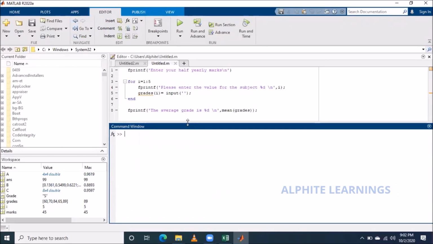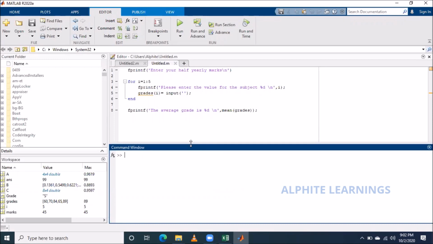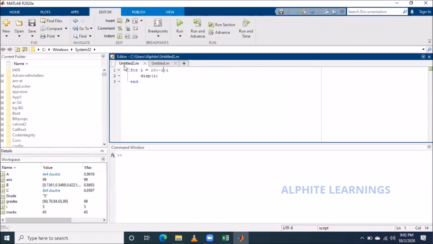So I'll just wind off with the last topic of the day, which is nested. Nested is nothing but adding something. We just got a for loop, right? So nested is nothing but you're going to add another for loop inside that. A for loop inside a for loop. You just see here now.